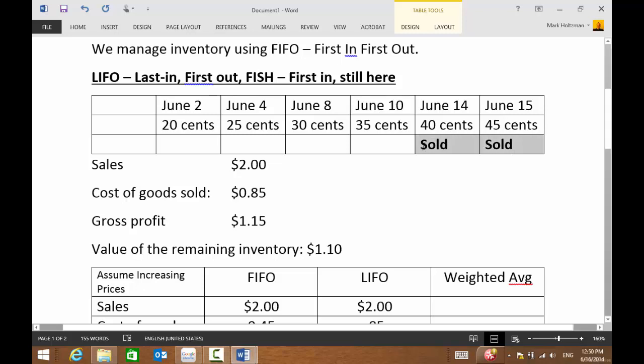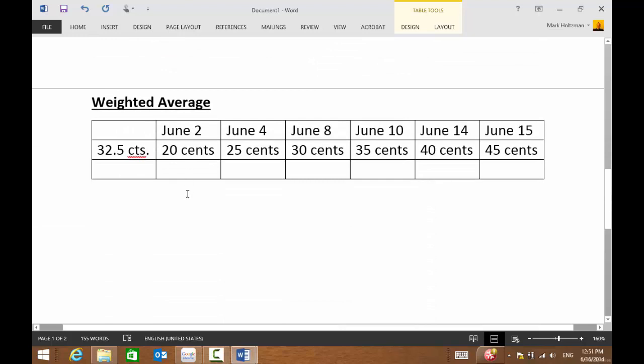So what you could do is LIFO, and you reduce your taxes this way, and you assume that these are the ones that are still here. But again, remember that it's just a bad assumption. That's all for purposes of financial reporting. And by the way, LIFO has other benefits too that I'm just not getting into because I don't have enough time. There are other good reasons to use LIFO.